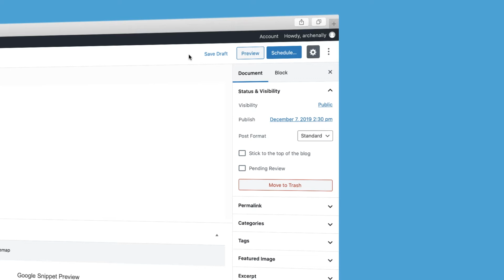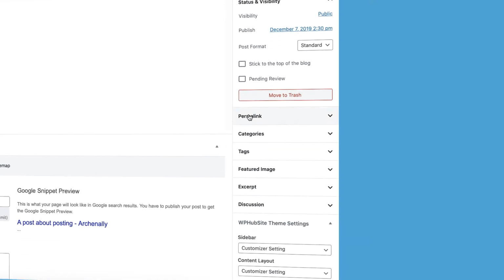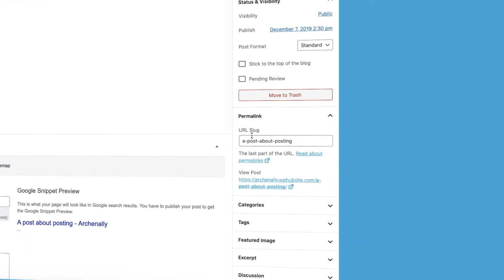So if your post is saved as draft, then you're going to have this permalink option. This is a very important setting to choose. It's probably going to be based off of your keyword, not your full blog post title. WordPress takes your full blog post title and creates the slug, aka permalink, off of that. But you definitely want to do some modifications and change it yourself. So you want to remove any extraneous words and just stick to your keywords. The shorter the